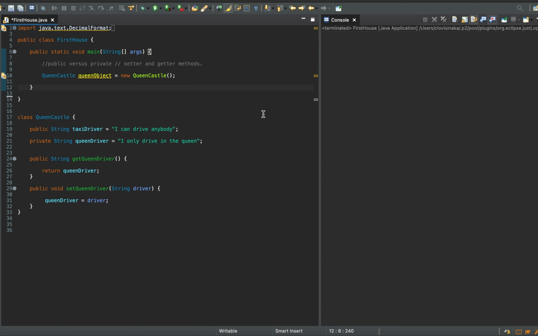Today we're going to talk about private versus public, and also about the setter and getter methods. So let's start with these two first, public versus private. What does it mean when we see private here or public here? It simply means how we can use this